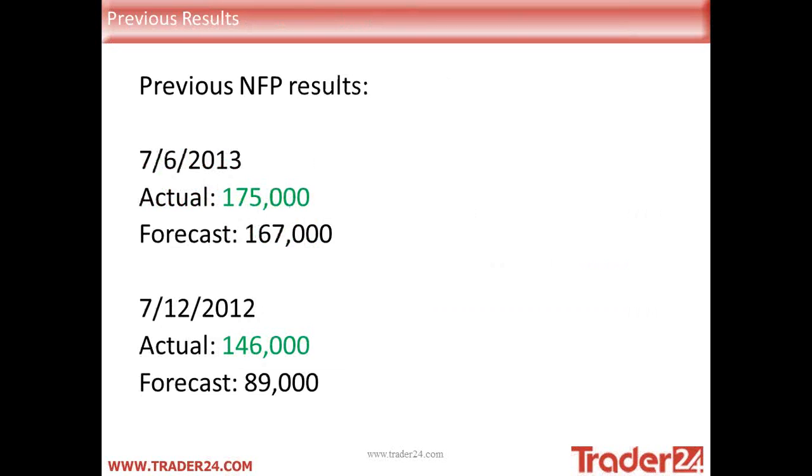Okay, what we're looking at here is previous non-farm payroll results. I've got a few here. One is a bit older than the other. I've got one from June 2013, and here's the actual, and here's the outcome. And again for December, the 7th of December 2012, so 6 months ago, I recorded the details for you as well. So here you can actually see the actual result for June, for last month's non-farm payroll, was a lot higher than expected. Okay, it was a good result, and let's see what happened on the market.